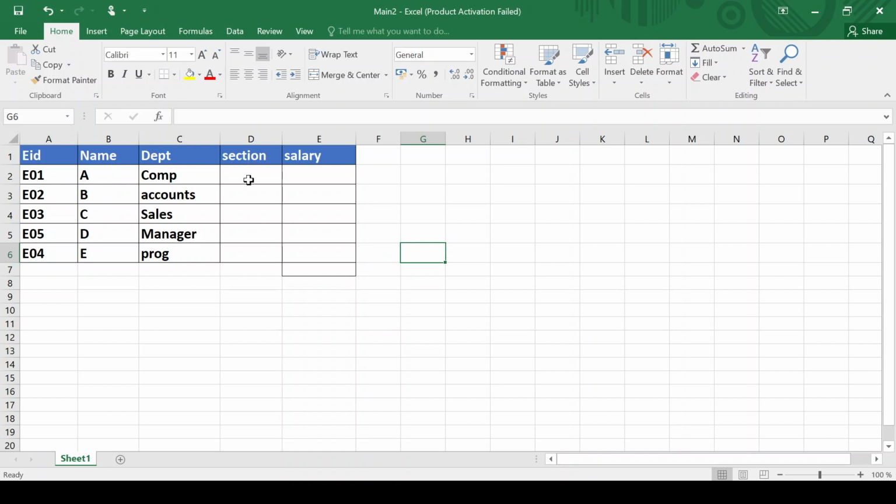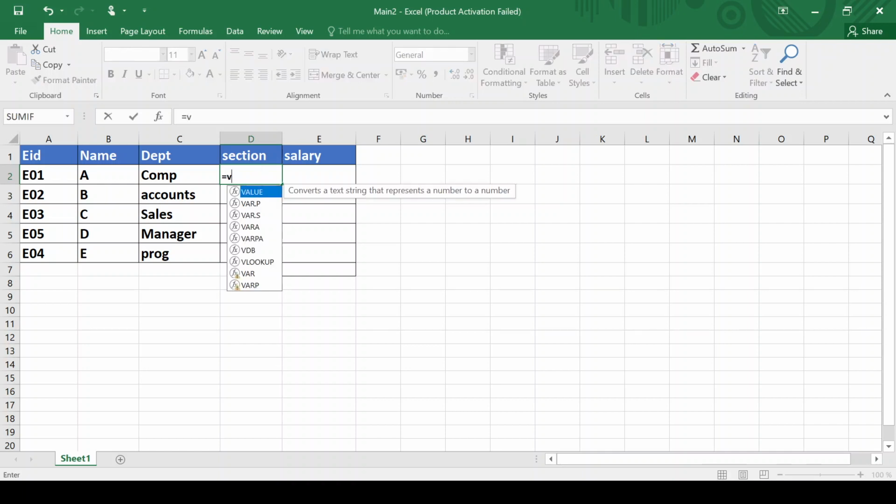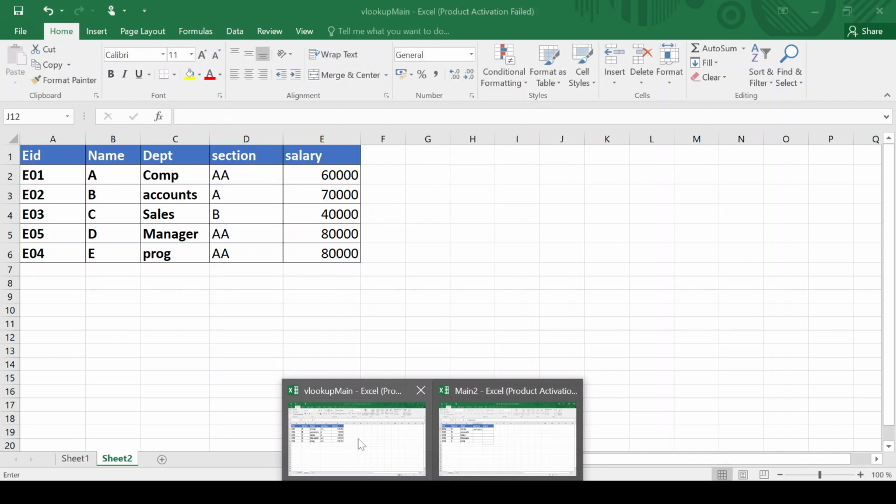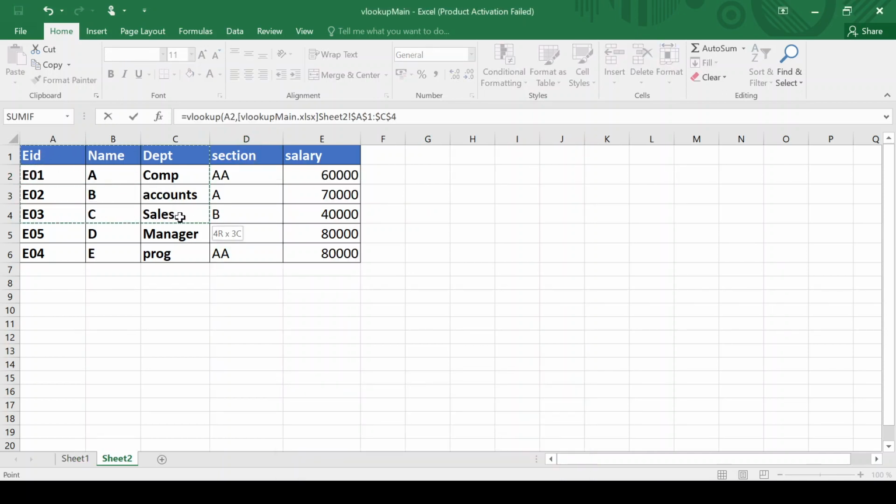Here I have the same table. Now in the section field I want to get data from the previous workbook. So we will write equals to VLOOKUP within brackets. I have to give the lookup value. This is the lookup value, comma, then I have to give the table array. For that I will go to the previous workbook. This is the table array I want,